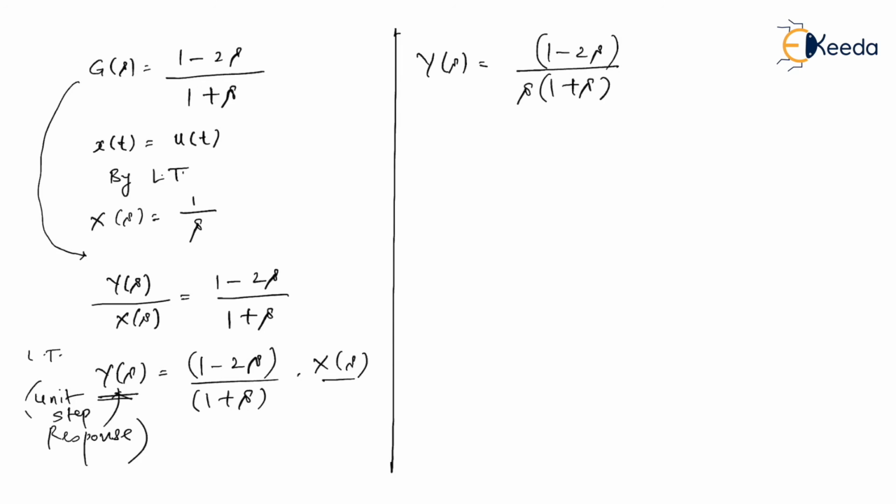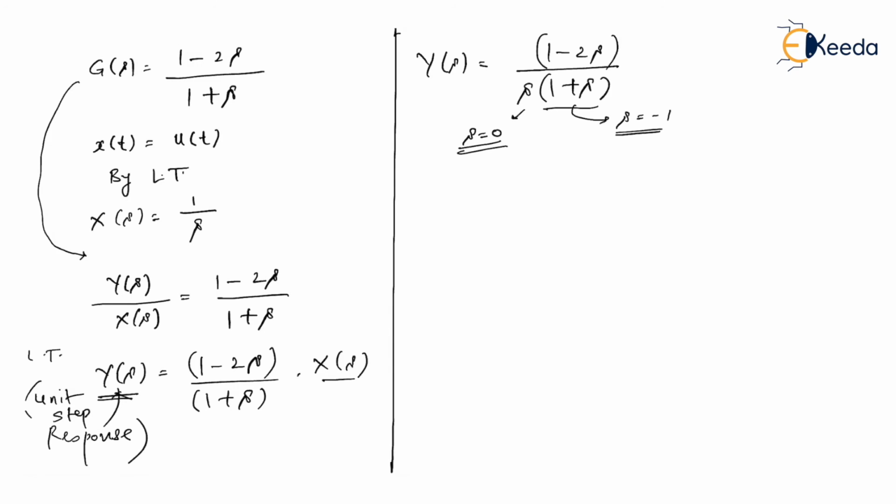Is that right? So now you can actually see a steady state response. First of all, let us see whether the steady state value theorem or final value theorem is applicable or not. Look at this. S equal to 0 means a single pole is present at origin, then there is no problem. And this s plus 1 will give you a pole at s equal to minus 1. Is this present in the right half of the s-plane or the left half? Of course, this is present in the left half of the s-plane because the pole is negative as well as real.